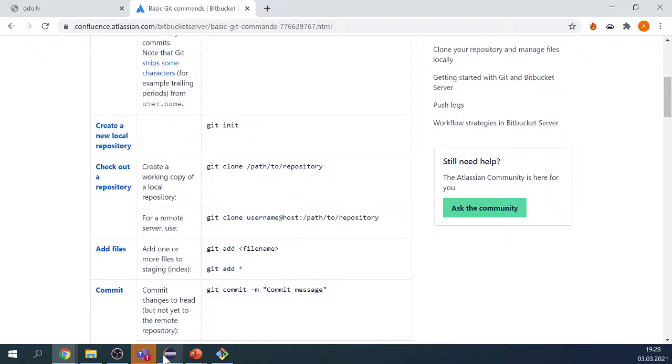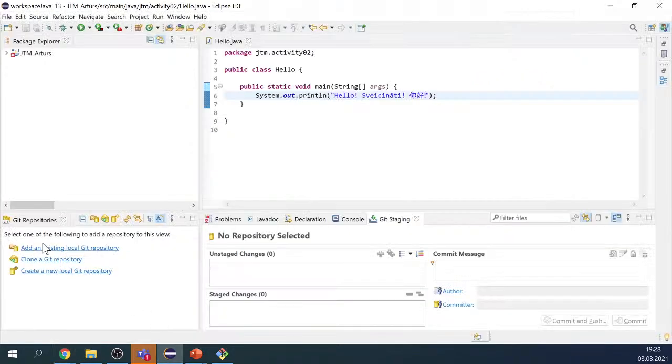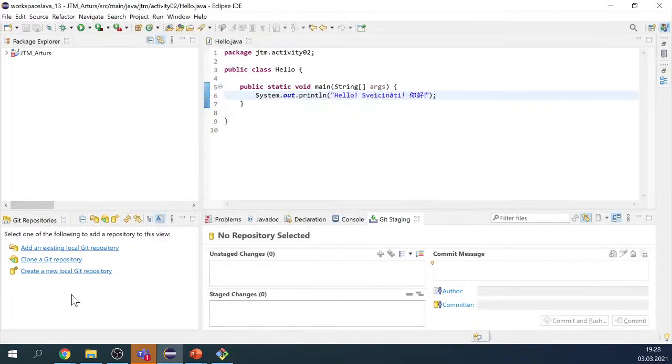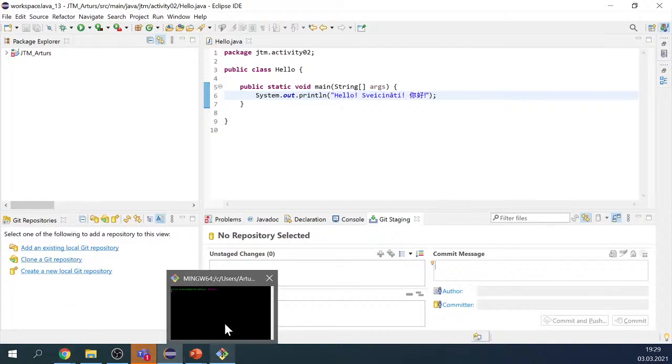In Eclipse we have a nice tool here, so we do not always need to work in Git Bash using Git commands, but we can type all the things here,